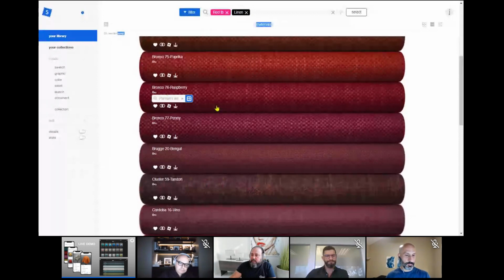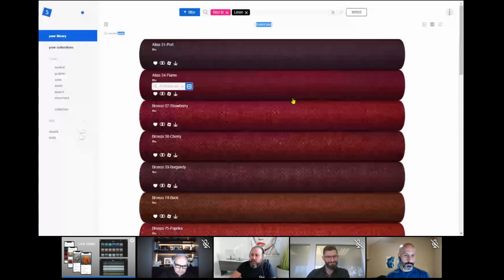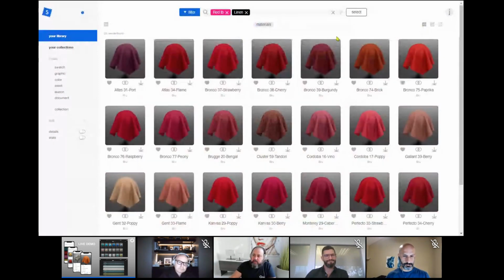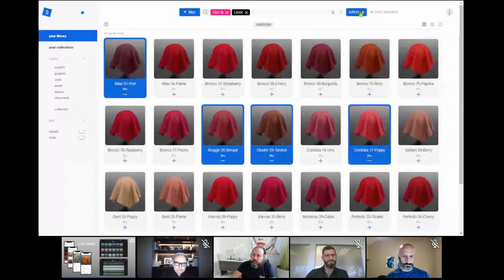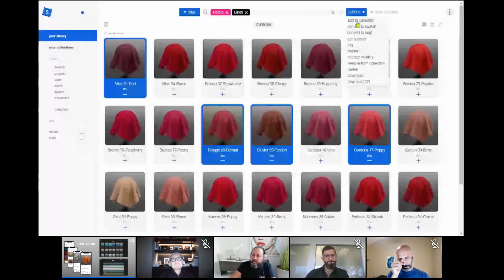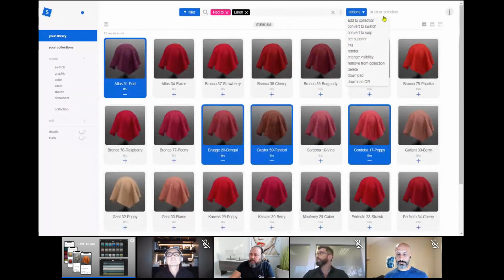I'm just thinking to myself, is there some functionality that I haven't shown you? It has very flexible things. So for example, we can do select here, we can select different products, and then we can look at the actions and we can say, okay, what do we want to do? Do we want to add it to a collection? Do we want to set different categories? Not all users will be able to access all this functionality, but there are some ways to fast select different products, collections, and group them together. So that is the web version of